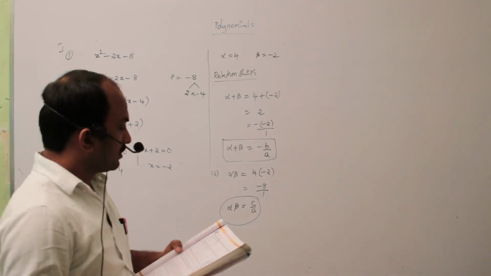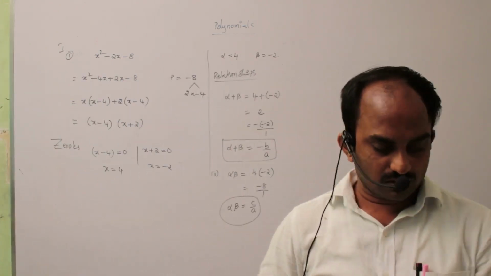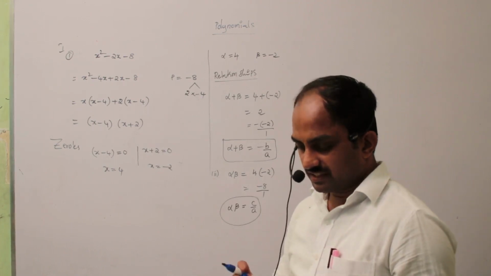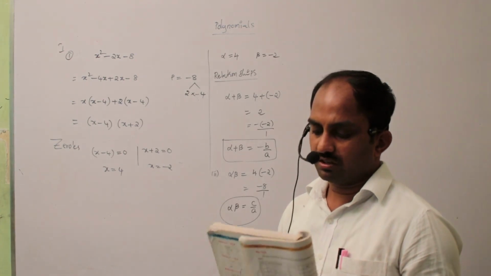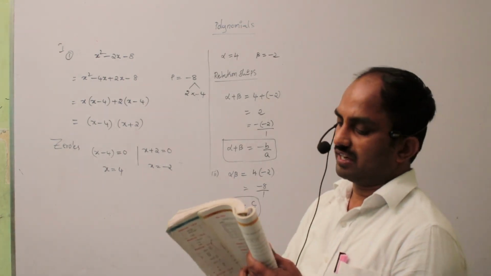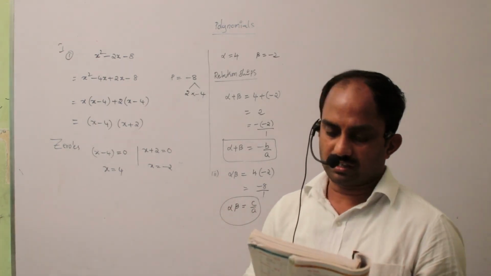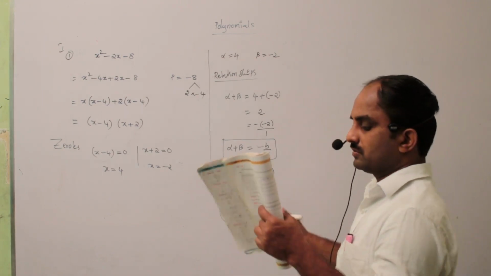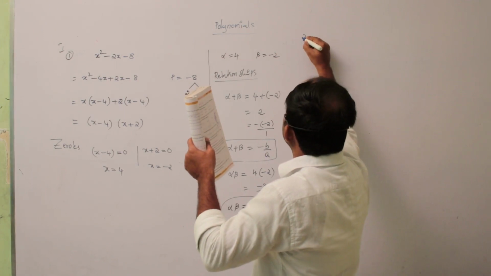Next, come to second Roman and third Roman. Students must concentrate on the given statements. So what does second Roman mean? The given values: find the quadratic polynomial in each case with the given numbers as the sum and product of its zeros. That means the given values